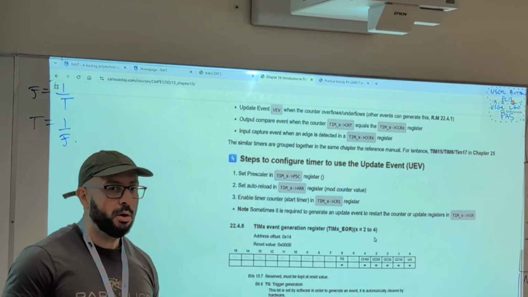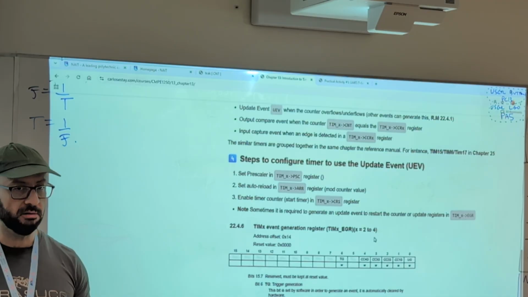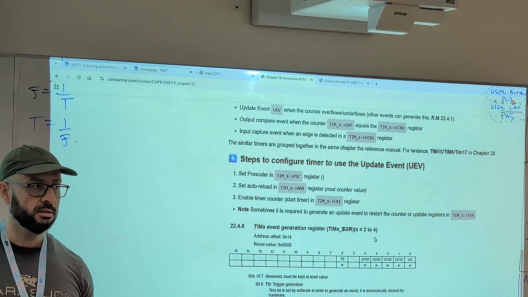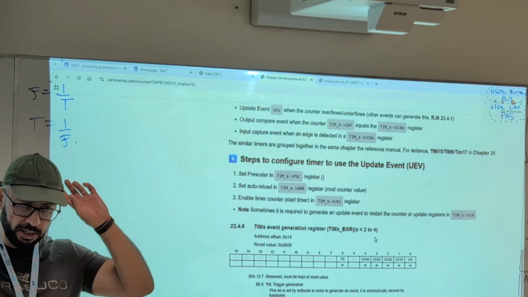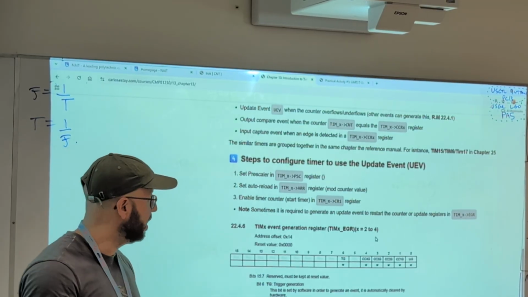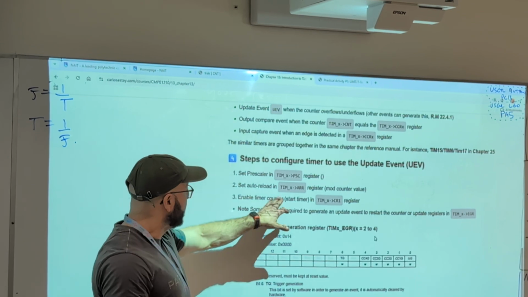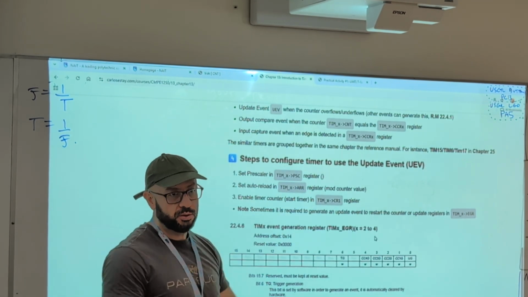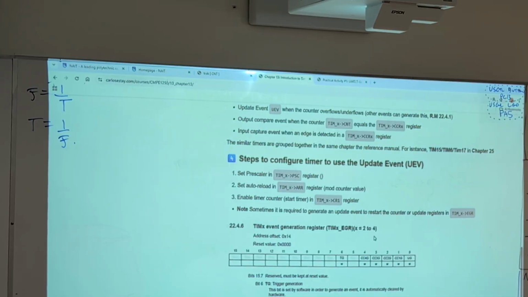What I want you guys to keep in your brains is that 1 megahertz is 1 microsecond. 1 kilohertz is 1 millisecond. Okay, those things should be super clear. Once I have a convenient tick, I can say how many microseconds I want to count to generate the event. Now, in this demo that I did here, the last demo that I showed you guys,